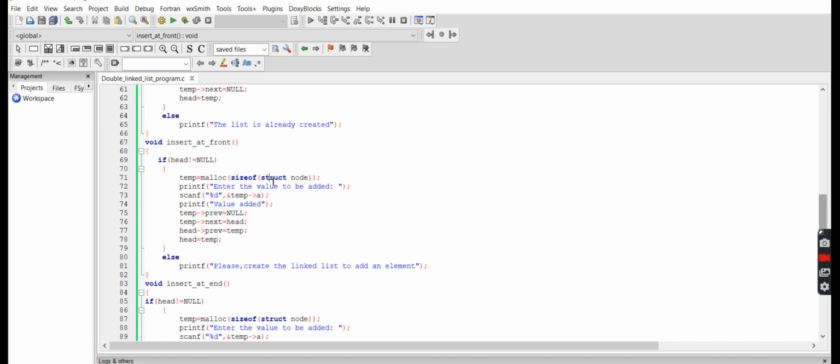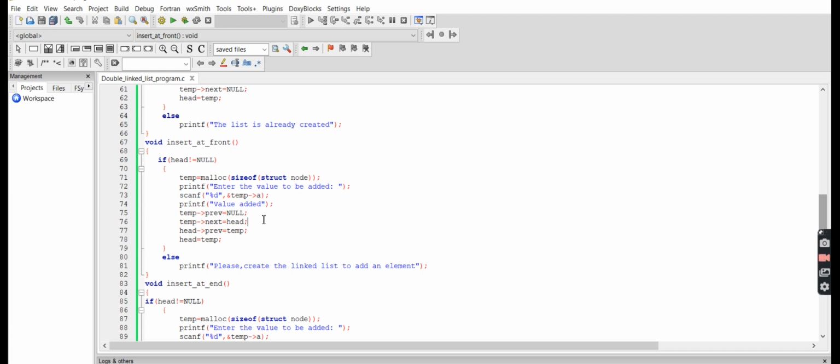Here I am going to add the node at the front of the double linked list. If the head is not equal to null, then it enters into if. I am updating temp with the memory allocation of the stack node size. After that, I am getting the value from the user and storing it in temp of a, and the value is added.